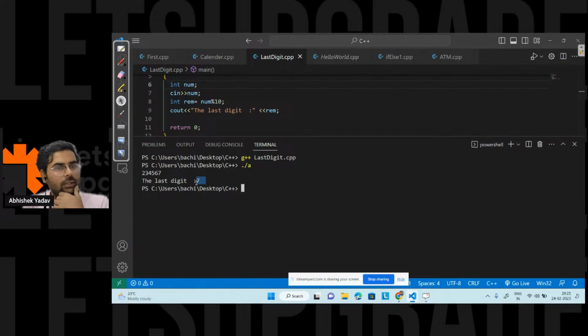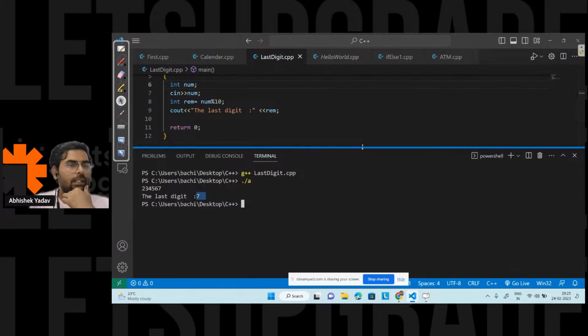Okay, the solution is clear, right? Priya has one question here: why are we using namespace std in C++? Please write in the chat, guys. We have discussed this part in the first section, right? I think in day one we discussed why we use namespace std. So Priya,